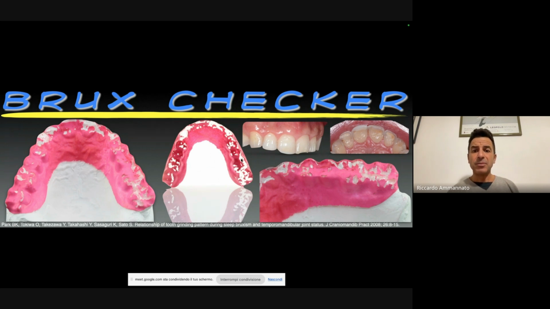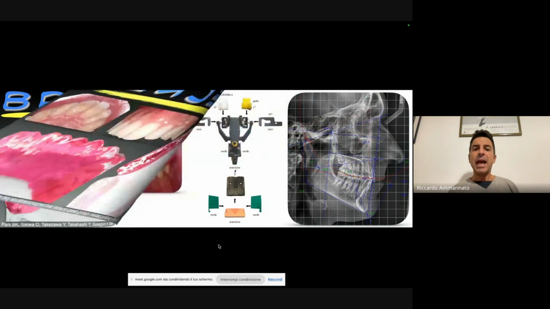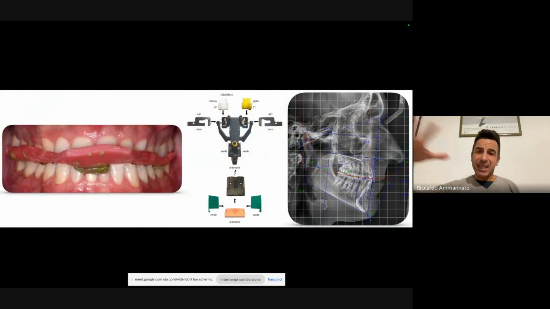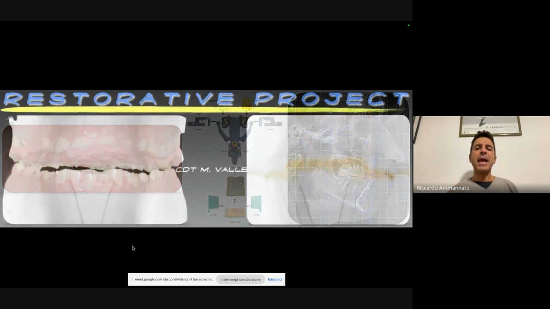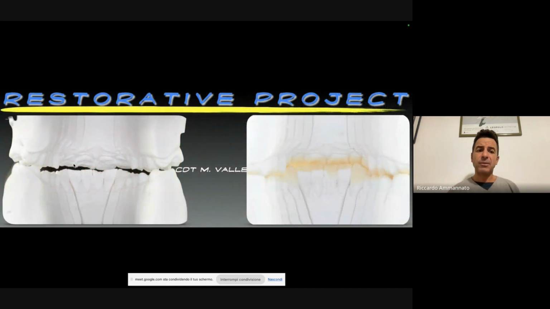And you see how he has posterior interferences. You can see here his anterior interferences. In fact, here on 21 he has a chipping. And here we are managing, I'm skipping due to time, all the provisional part with the mock-ups, as I mentioned in the beginning, and this is the vertical dimension of occlusion that we decided to increase. I use the reference articulator, so we went through an analog workflow, and we also did condylography and all that, and this is the space that we wanted to augment.